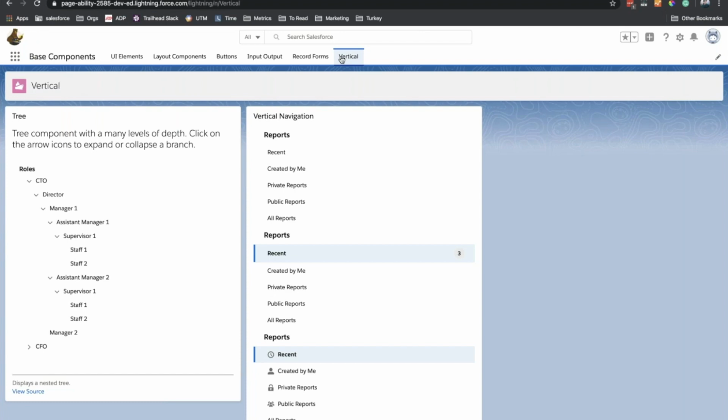Now what we have done is we have open sourced the base components. Before open sourcing the base components, we know that we cannot use the Lightning namespace. That's the reason we could not see the source code of the standard base components with the Lightning namespace. So we have transpiled it into a custom namespace. We call it the C namespace. So all the equivalent base components which are open source are of the C namespace. And then we have used those base components to build your recipes here. And so you can use those base components source code as well as the recipe source code for your purposes.